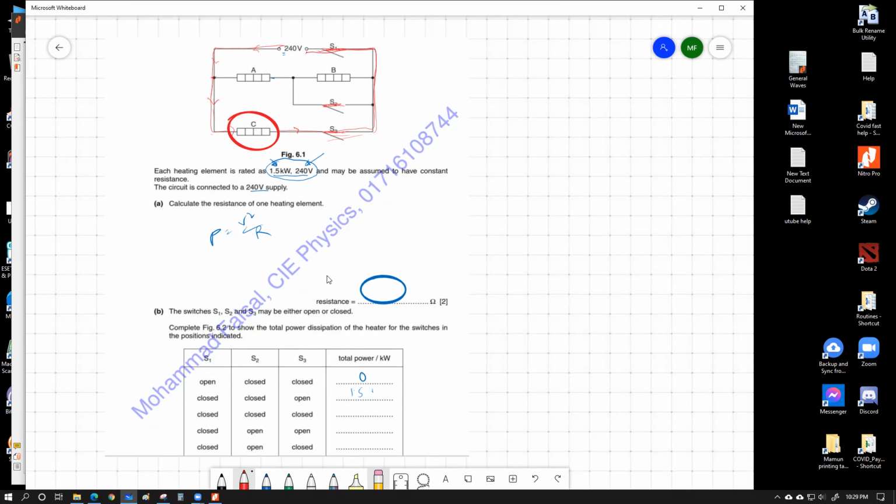Whereas for A, we pretty much have exactly the earlier situation, where the current after coming to this point is going to get split through A and eventually flow through this pathway and bypass the resistor component B and flow through this switch and eventually go up here, here, and back over here, which means both of these resistor components will get the full 240 volt supply and have their full power of 1.5 kilowatt, being in parallel, that is. As a result, the total power output of this